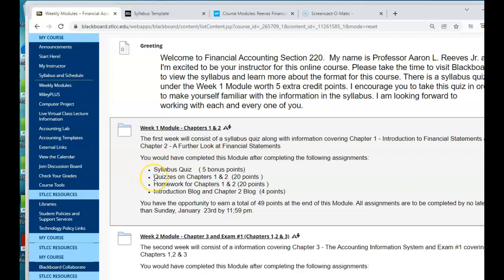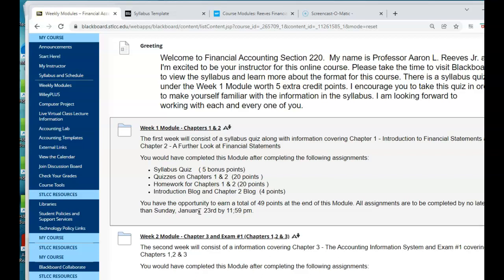You will complete the quizzes for chapters 1 and 2, and complete your chapter 1 and 2 homework. There's an introduction block and a block for chapter 2. These assignments must be completed by no later than 11:59 p.m. on Sunday, the 23rd of January.